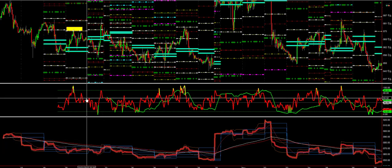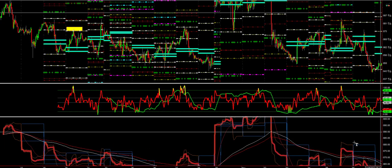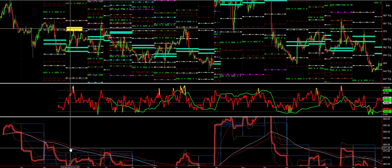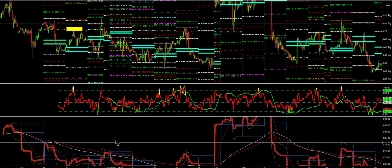Let's try it again one more time. So right here, trend is still down. The two lines are still separated. See this line, white below red. This is 100. You can put 100 or 150 or 200 based on